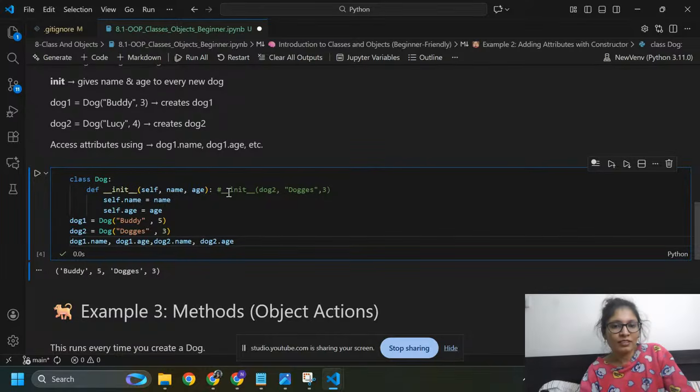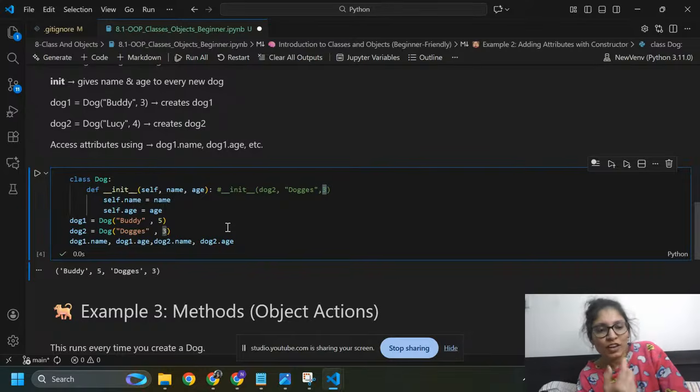But inside Python, it will run like this. The init takes the object dog2, its name, and its age. So here it will give the name and age of every dog.